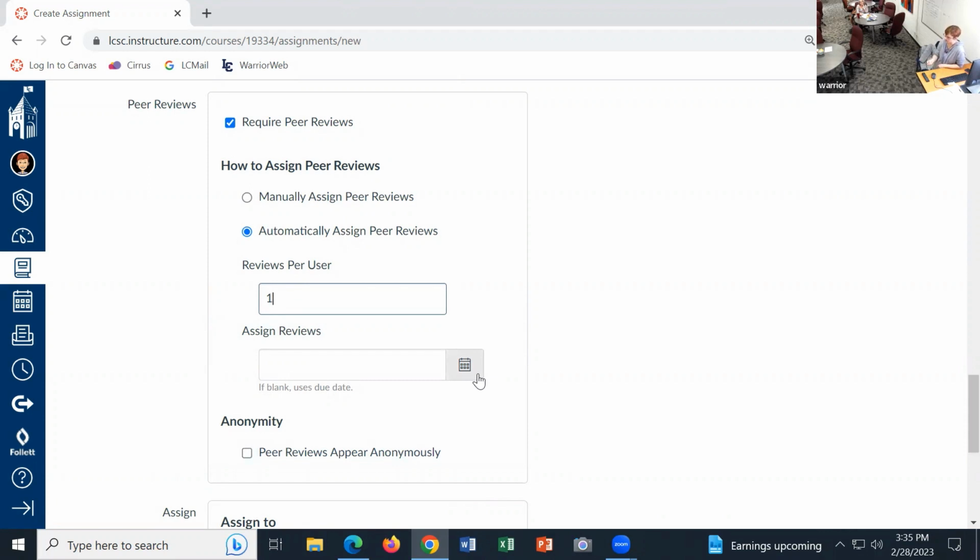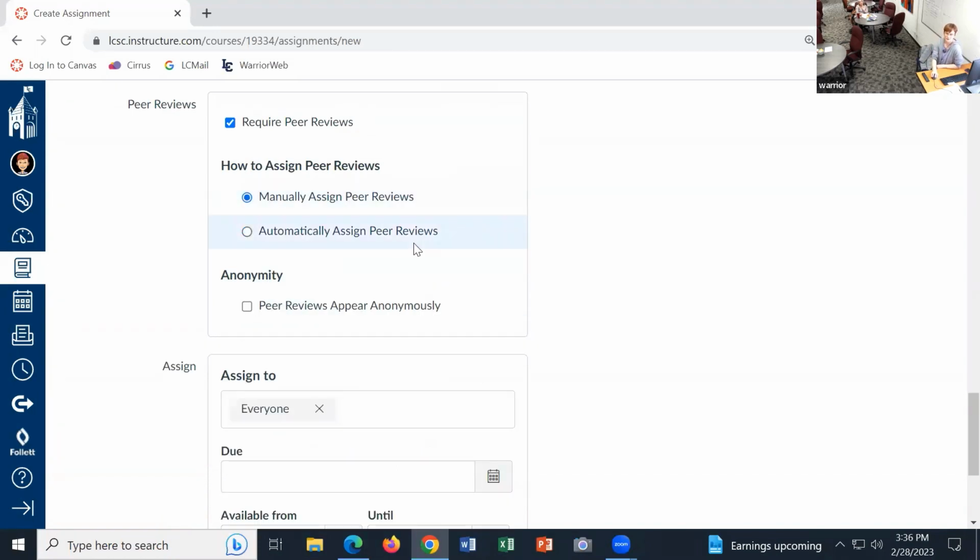So that's where you have that soft deadline. You know, if they have to have the paper turned in by first Wednesday, then you would maybe say, okay, Thursday at 8 a.m., that's when I want you to assign the peer reviews, to make sure everybody gets their paper turned in. Because before they can review someone else, they have to turn in their own paper. After the fact, you can always go into the peer review settings and assign a peer reviewer, even if you've auto-assigned, and we'll look at the peer review assigning interface here in a second.